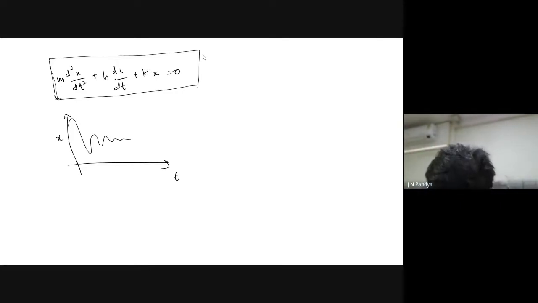Can this be converted into a coupled differential equation set? This is something which is basic. I think it should not be a problem for anybody to answer this question, because as I am told, you are all either master students or PhD students. How do you convert this thing into a coupled differential equation set?